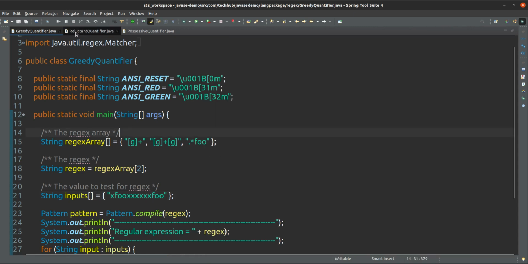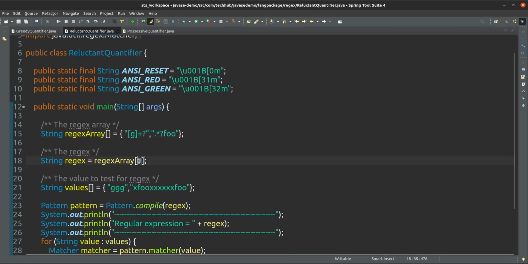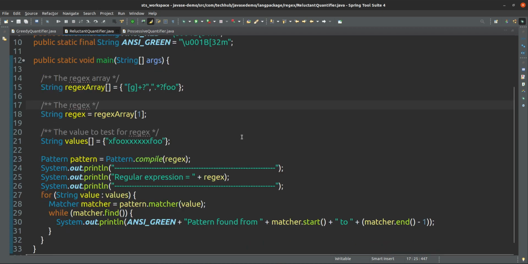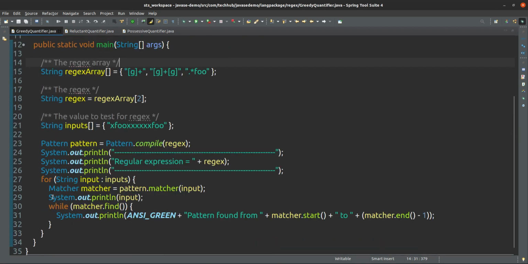Okay, in the same way, if I go for the reluctant quantifier, this is the reluctant quantifier. For this reluctant quantifier, this is again an input. Here if you see, I have to print that input also, so that's why we can see it there.